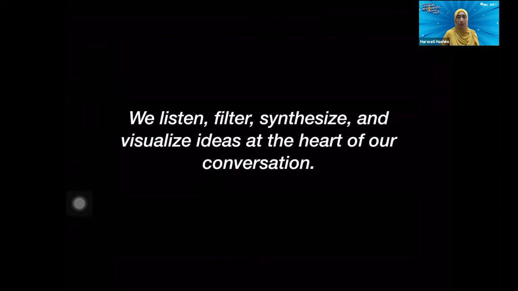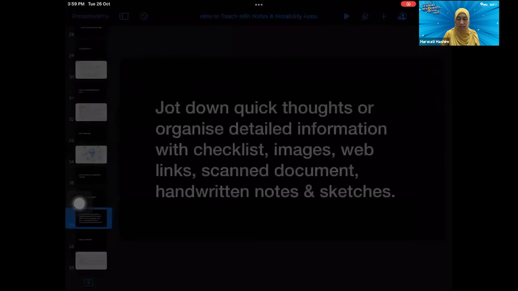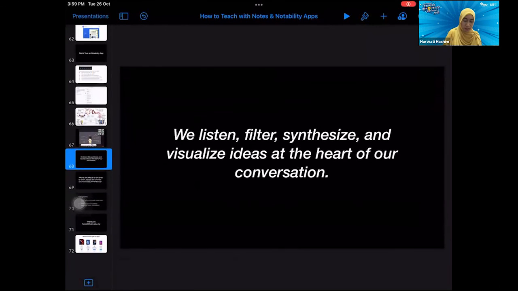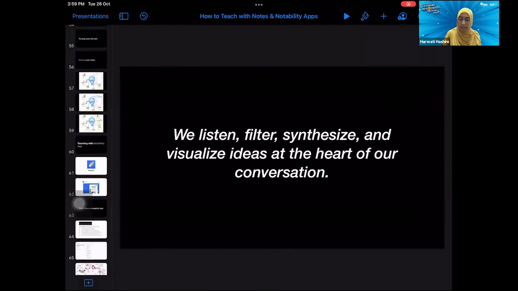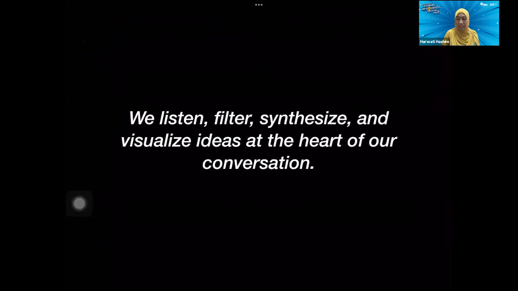All right, so it's 4 and I will finish early, probably. Sorry, but just to highlight here, we listen, we filter, we synthesize and visualize ideas at the heart of our conversation. I believe visual note taking is a very powerful approach because as we are listening, we are also filtering information. At the same time, we synthesize what we have understood, and we try to visualize our ideas